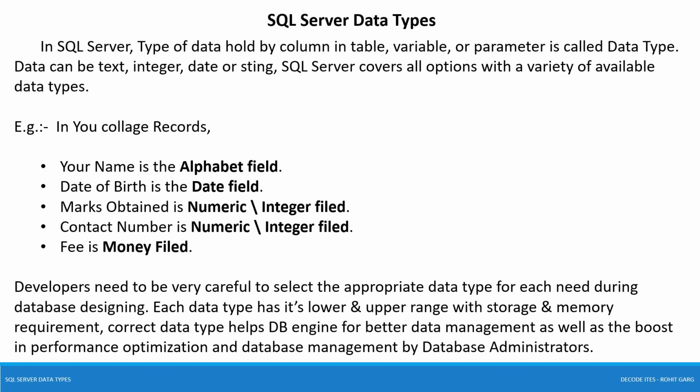In SQL Server, the type of data held by a column in a table, variable, or parameter is called its data type. Data can be text, integer, date, or string. SQL Server covers all options with a variety of available data types. In short, SQL Server gives you a long list of data types that you can use in your SQL Server